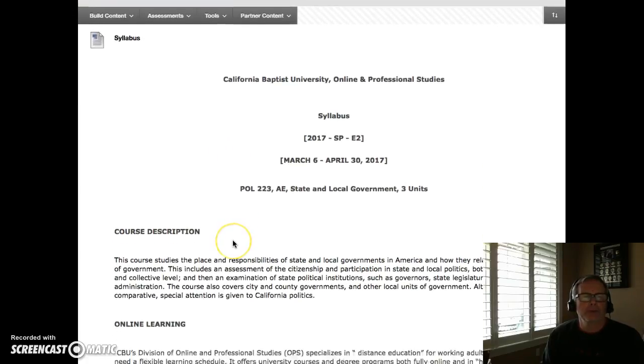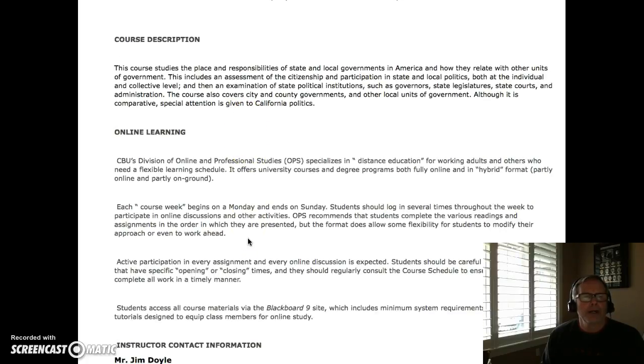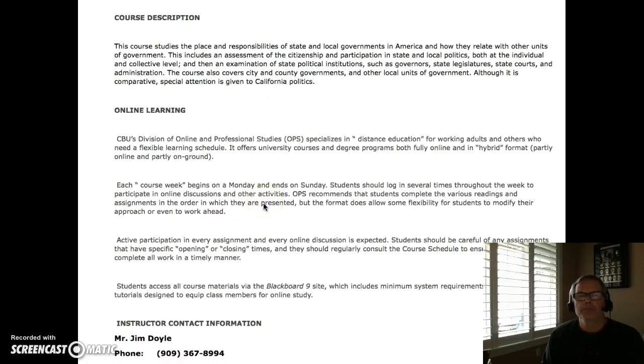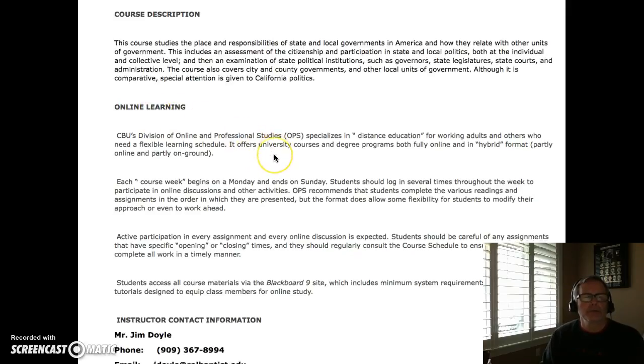You could evaluate the course description on your own. You can go through the online learning. For those of you who are new to online learning, one of the key things is our course week, and our course runs from Monday and ends on Sunday. So typically most of our assignments are going to be due on Sunday, except as we get towards week 7 and 8, where assignment due dates may vary. We tweak them a little bit so that we have time to make sure we evaluate your work before the end of the term. Okay, so take a look at this little introduction section here on online learning.